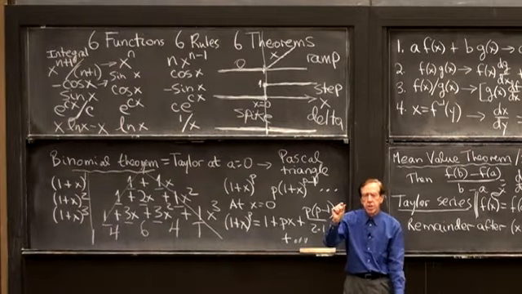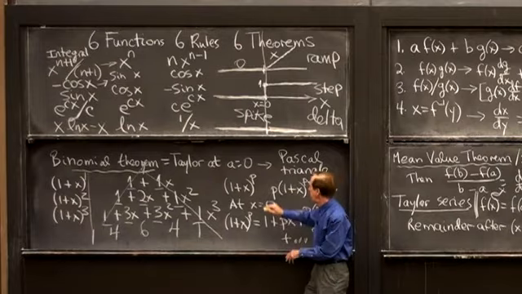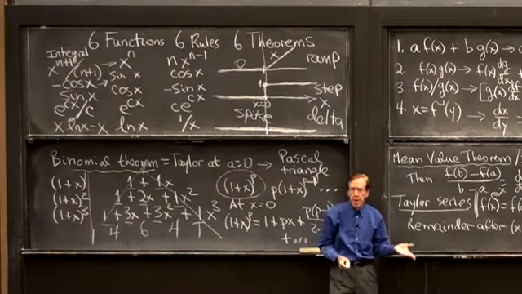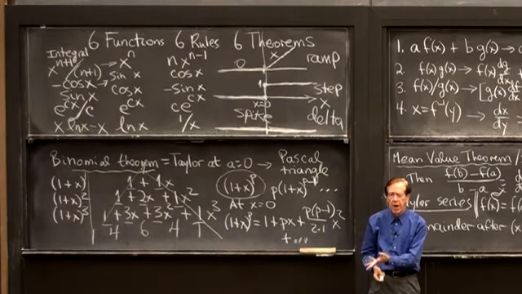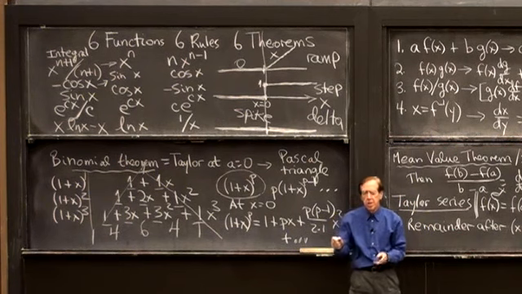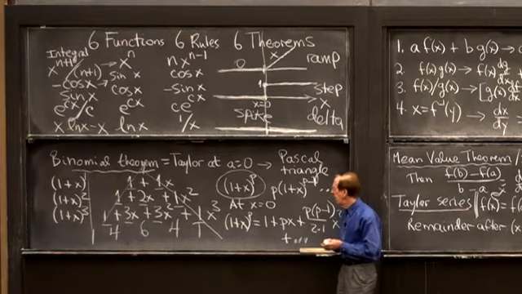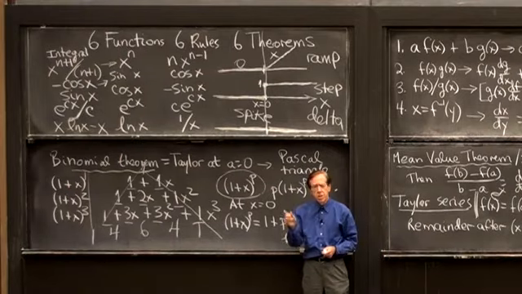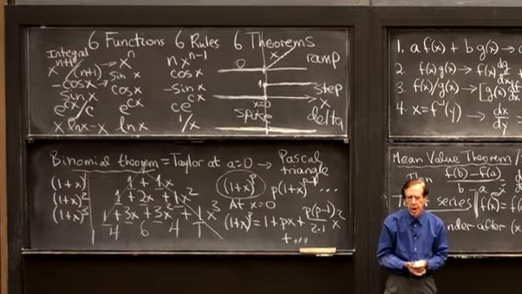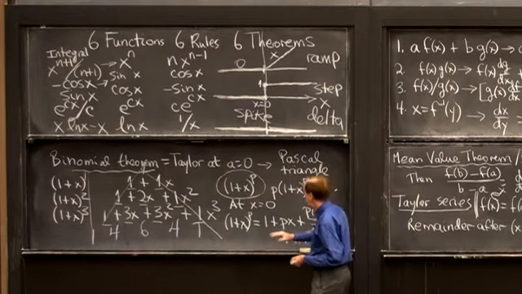But what if you're taking some other power, any power p? So now I'm interested in this guy, to a power p that maybe is not 2, 3, 4, 5. It could be 1/2: 1 plus x square root, to the 1/2 power. Or 1 plus x to the -1 power. All other powers are possible. And for those,